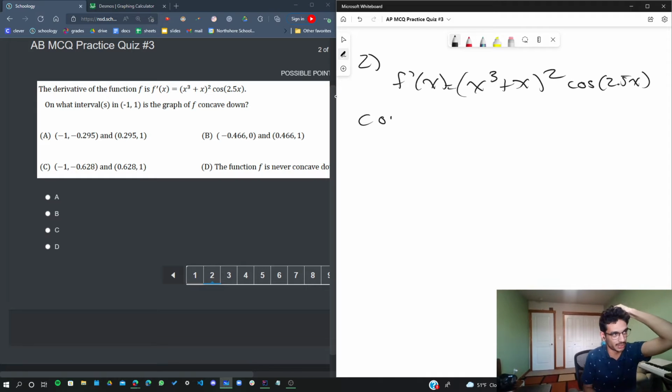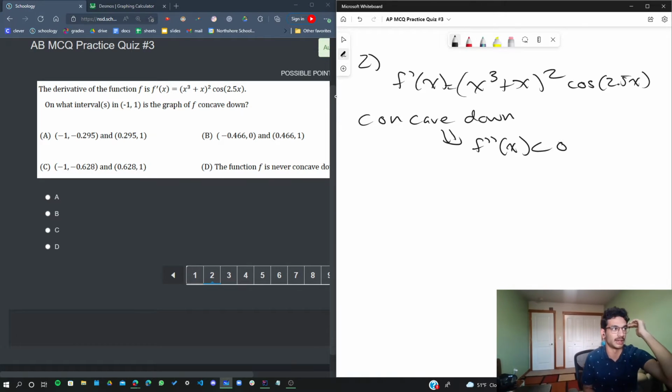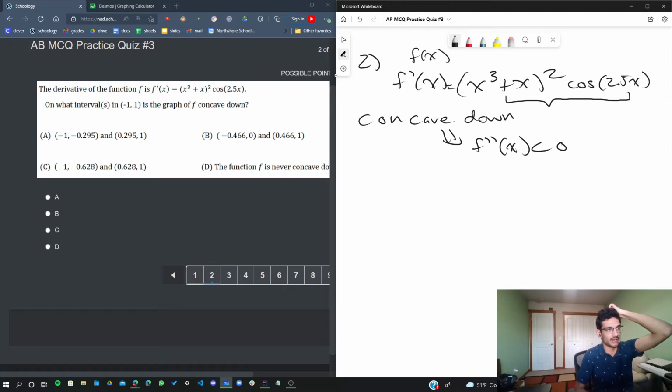Okay, so concave down means that the second derivative, or in this case f double prime, is negative, or less than 0. So we need to take the derivative of this right here. We're already given the first derivative, so for the second derivative we just take the derivative of the first derivative. So f double prime is